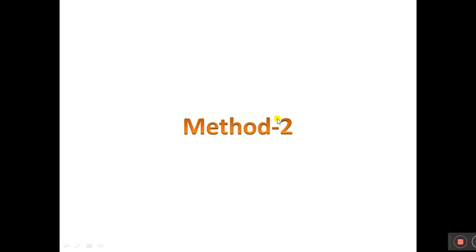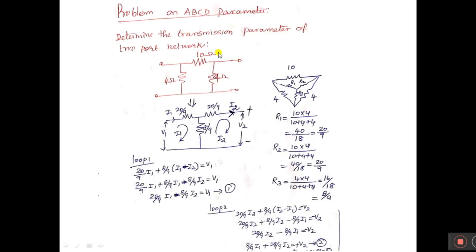This is general procedure. Instead of that, method 2. Suppose the question is given like this. If I have a star network, very simple, I can easily solve the problem. For that purpose, question is given in delta form. I converted this delta form into star form. In the previous problem, we saw that all the resistor values are same in delta. In star network, just you divide by 3. But here, values are different. So here 10, 4, 4. You can calculate using formula.